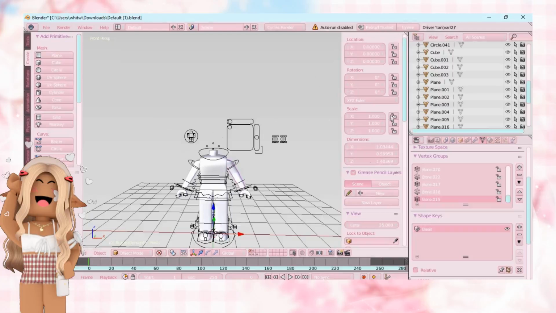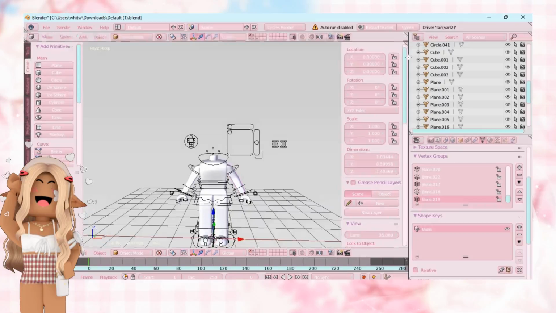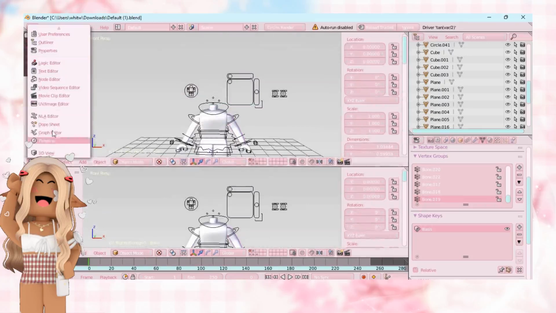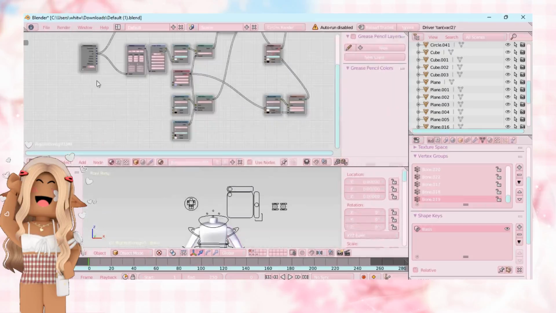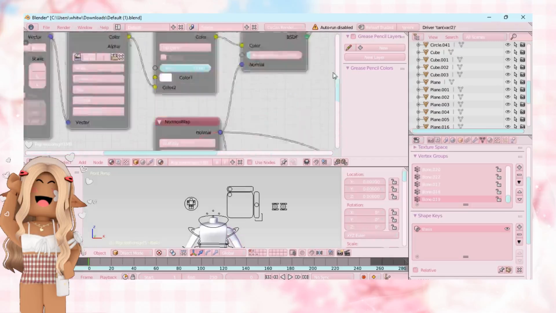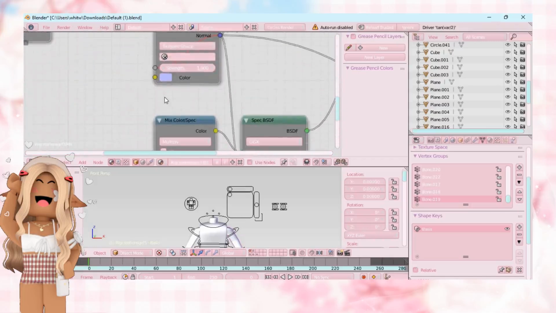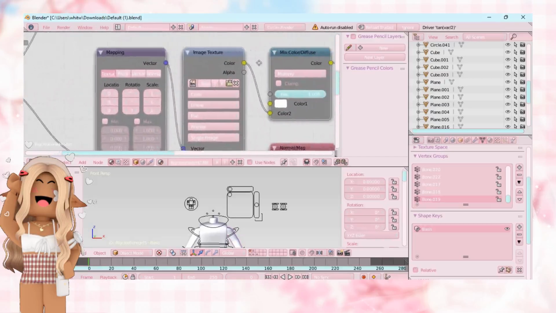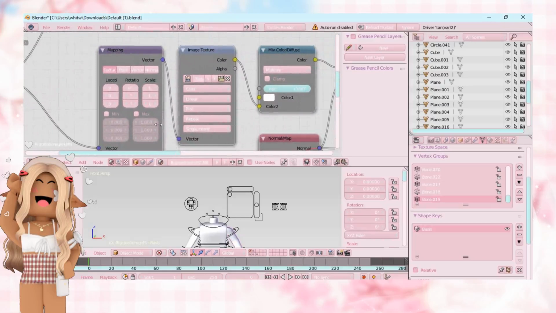Go up to the top of this panel and you should see these three little lines. Drag down on those lines. Then on this little cube, you're going to want to go to Node Editor. Now this may look confusing, but the only thing you have to change is right here. Go ahead and zoom into that, and to move around here, you can either use these sidebars, or click down on the scroll of your mouse to move. You should find the one that says Image Texture, click on this little file button,